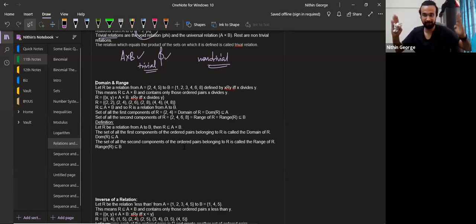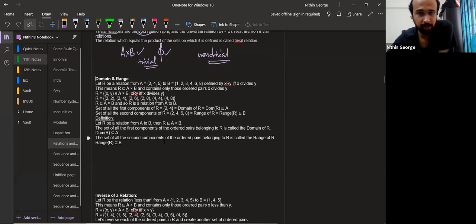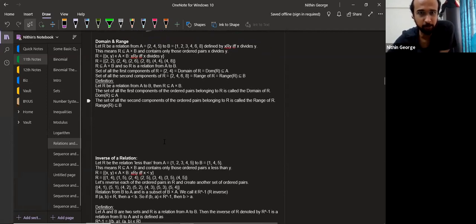So relation will be a subset, right? It'll have a bunch of elements in it. So in all of those, what are the first values? When I say (a, b), what are the first values? Are you following? Guys, are you getting this? When I say (a, b), what are the first values? That comes under domain. What comes under range? What are the second values? All right. That is domain. That is range in terms of a relation here. I hope this is crystal clear. Take a look at the notes, but I don't see anything very useful here.